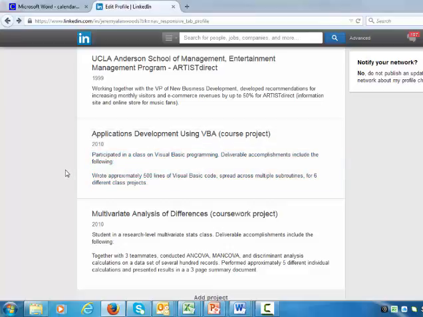So, I took a Visual Basic Programming course when I did my PhD, and I went back and looked at the syllabus of that, and I thought, okay, how could I describe this as if it were a work project? We had 6 homework assignments, and for each of them, I wrote slightly less than 100 lines of code. I went back and looked at my homework that I had turned in. So if you try to quantify that,